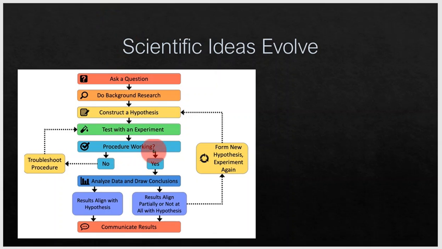So again, when we get to this stage, we say, does the idea work or does it not work? What you're really looking at is, is your hypothesis supported? If your observations or your experiment has shown that your hypothesis is not correct, you make sure that you've done the test properly, and you might run it again. And if it keeps coming back that your idea is not supported, then that idea is, if you like, rejected. Now, if your idea is supported, and the evidence that you gather supports your idea,